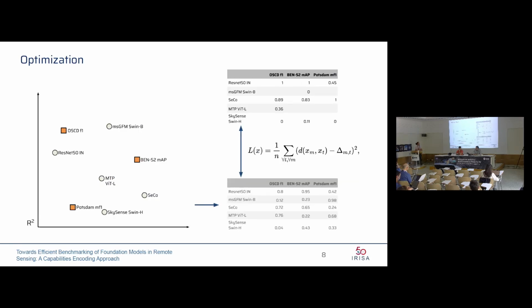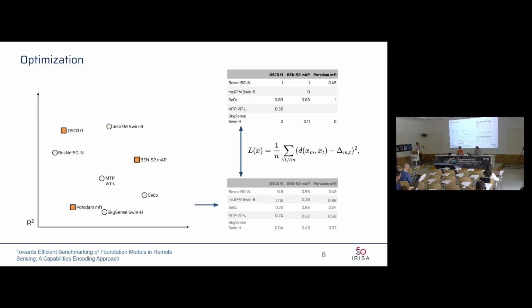So what we do is we select a latent space that we choose. For visualization purposes, I chose the R2 space here. And we randomly initialize points using a Gaussian sampling. And we associate each point with either a model or a dataset. Then we compute the distance matrix between all the points in the latent space, which is on the bottom right. And we modify the position of the points using gradient descent